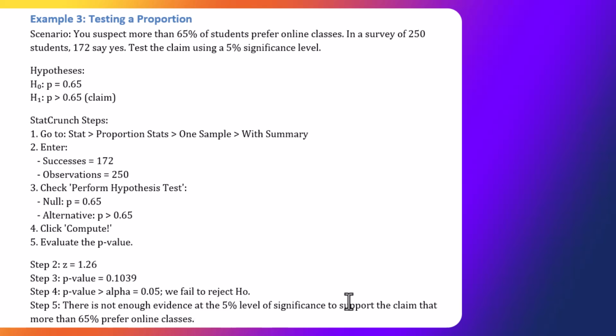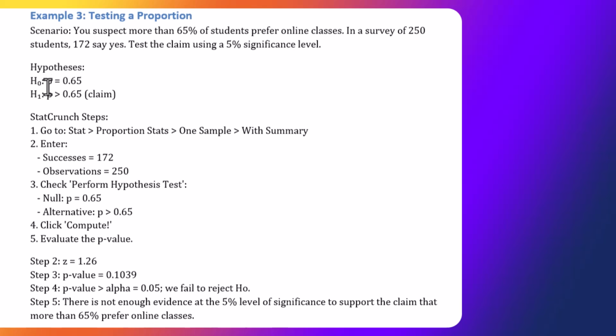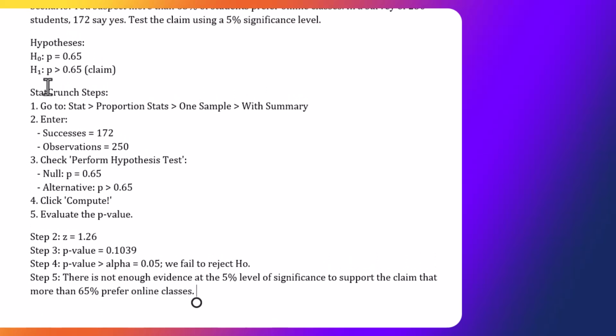You are not supporting the claim here. You are saying we don't have enough evidence to support the claim. That means you are not supporting the claim. When you don't support the claim, so probably H0 is correct. It could be because you could not support the claim, which turned out to be in H1. So these are the 3 examples that you can follow throughout the chapter